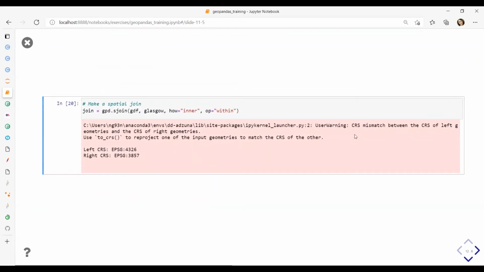If you read the user warning, it says that there is a CRS mismatch between left and right geometry. It says that our left GeoDataFrame is in WGS84, code 4326, and our Glasgow data frame has an EPSG code 3857, which is WebMercator. So because there are different projections, GeoPandas cannot figure it out and throws an exception.